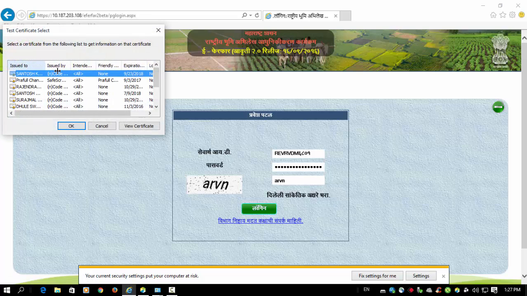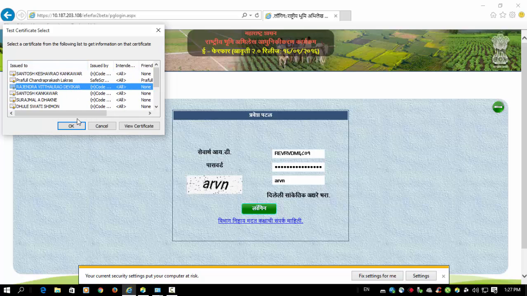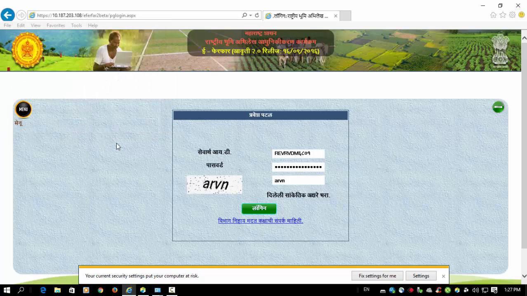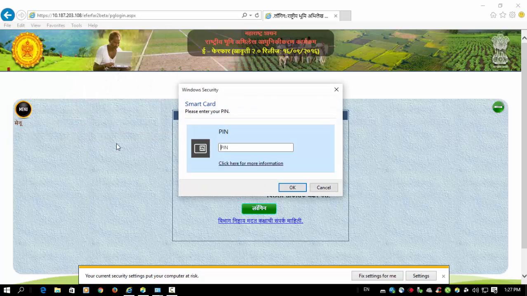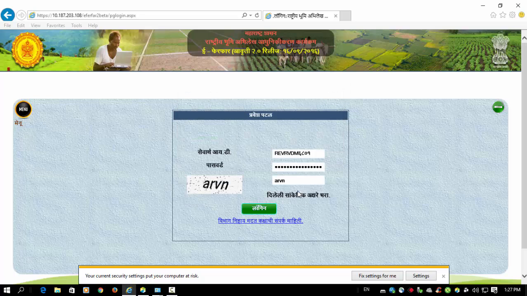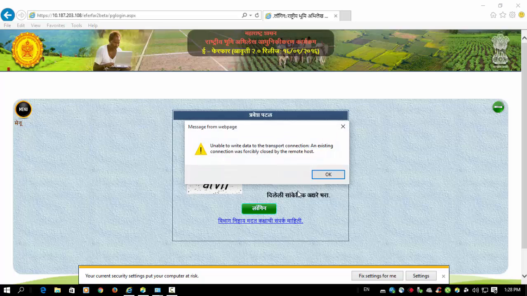After that, we have to select the digital signature, and after selecting the proper digital signature, it will ask for the PIN number. After giving the PIN number, we can enter the e-mutation eFairPar.